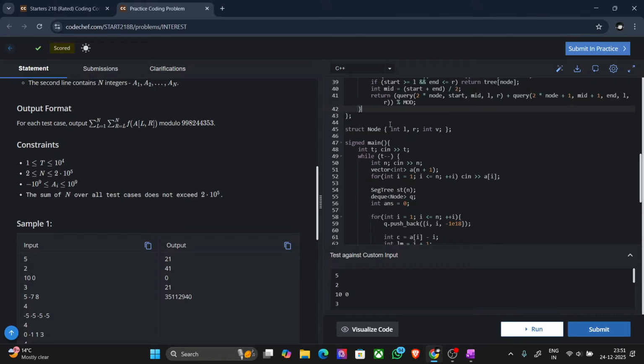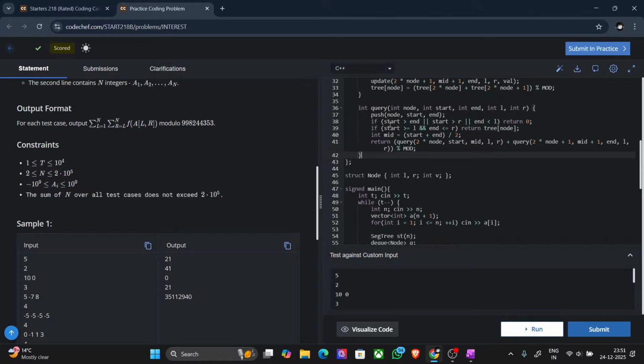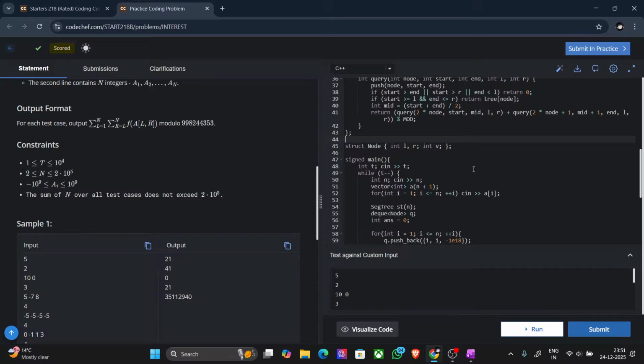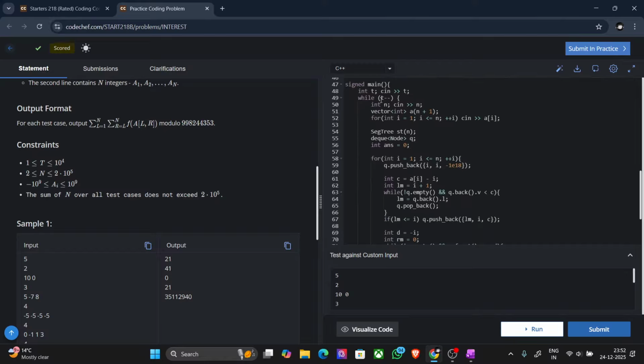I have not done anything very complex. It is the basic addition segment tree. I have not done any rocket science thing. So I have defined a node with three values, L, R, and B, which we have talked about. B was the current value. So here I have taken T as input, and inside it I have taken N as input and the array as input. I have defined my segment tree and a deque,